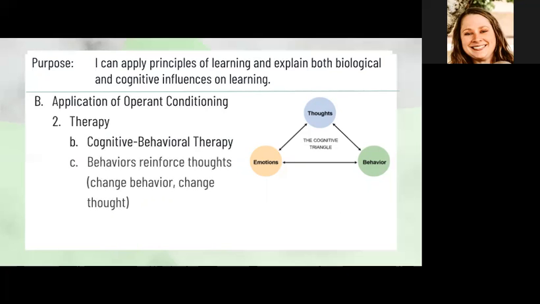So I just didn't tab it over. So behaviors reinforce the thoughts. If we change the behavior, we can change the thought. Okay, so an example here would be that somebody is going to, let's say they're really,